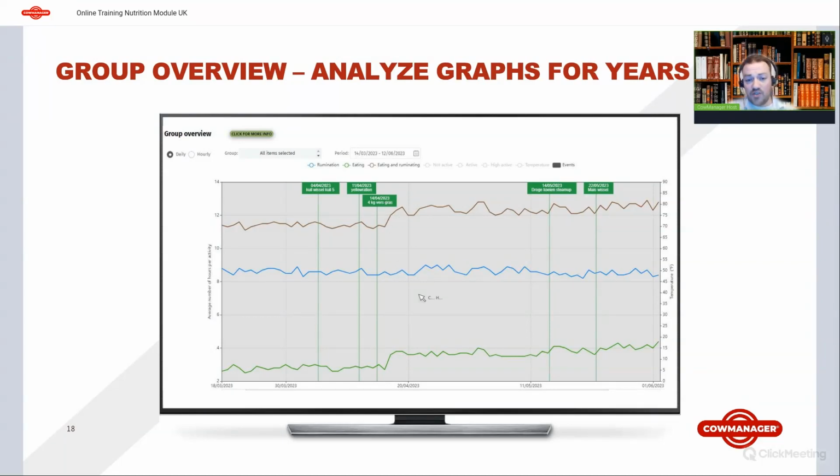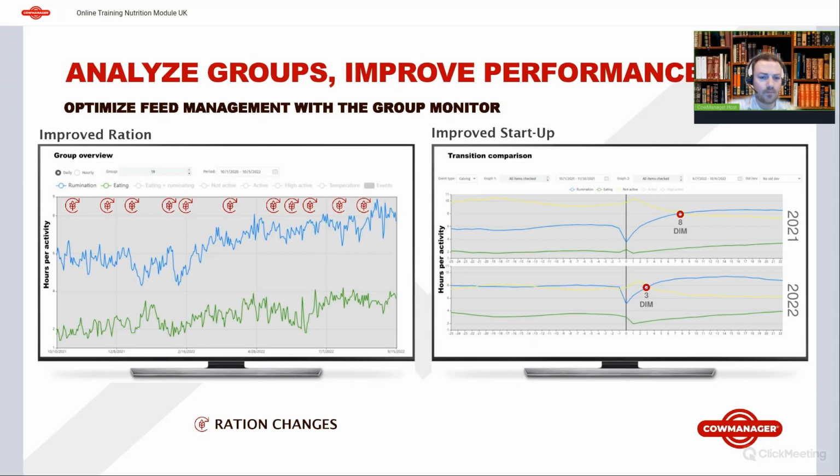Some ration changes also won't lead to behavioral changes on a herd level, but it could lead to higher or lower milk production. So it's not always determined by changes in behavior, and not all ration changes explicitly need to have a change in behavior, but some do. So it's always very important to look at what happens after any type of change you've made on a group level. So for instance, what this farm did is they had multiple ration tweaks, so not really changes, but more tweaks,